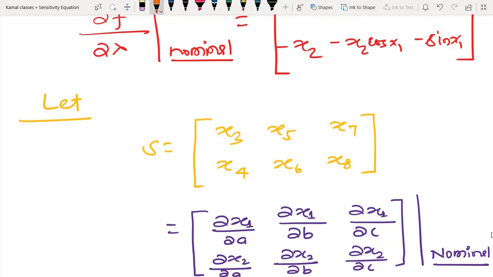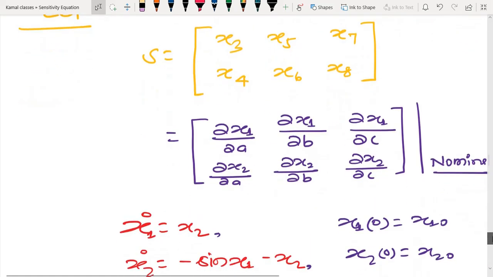Suppose I have 1000 parameters and a third order system, then at that time I have to solve 1000. After that we have to show what the order of the equation is, plus you have to add 2 times the number of independent parameters. Then you have to solve everything together, and then you are able to get the sensitivity response. So this x3 is ∂x/∂a, and this x4 is ∂x2/∂a.